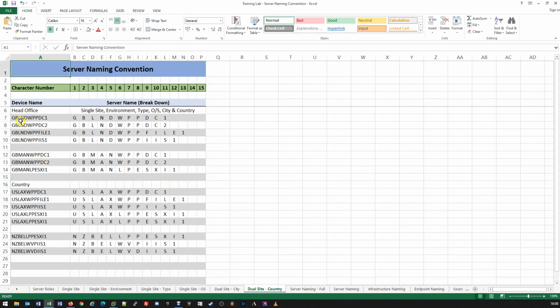As we can see here, we've taken a few examples. We've still got the head office in London, and that will be in GB, Great Britain, or UK, United Kingdom. We can also see that we've got US LAX and also New Zealand Belfast just down the bottom here. So as we take a look at this first line across the top, we can see that this server is in Great Britain. It's based in London as the city. It's a Windows server, it's a production server, it's a physical server, and it's domain controller 1, and the exact